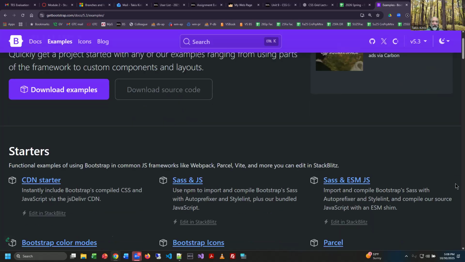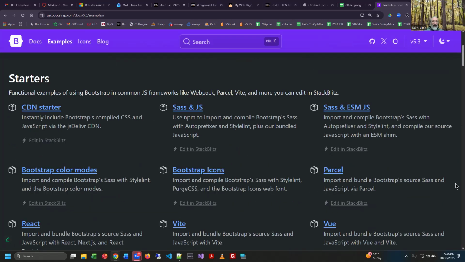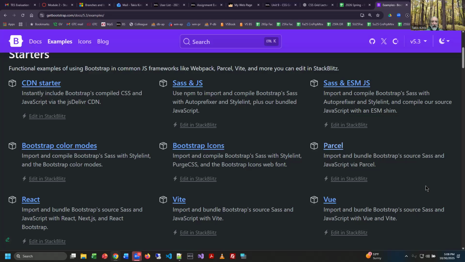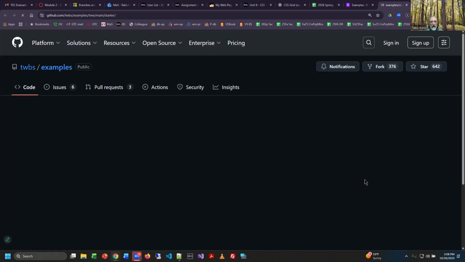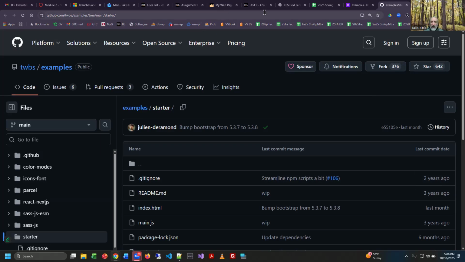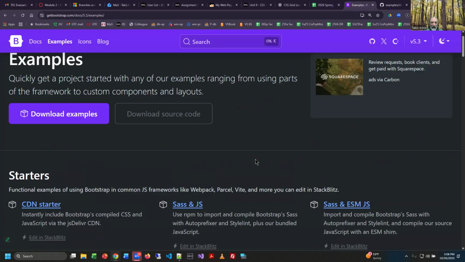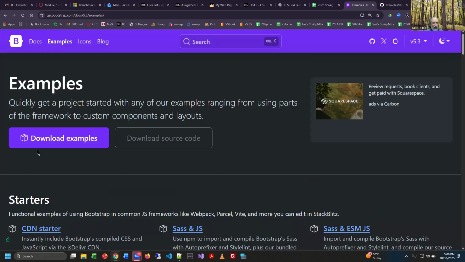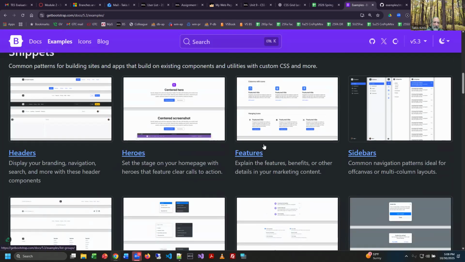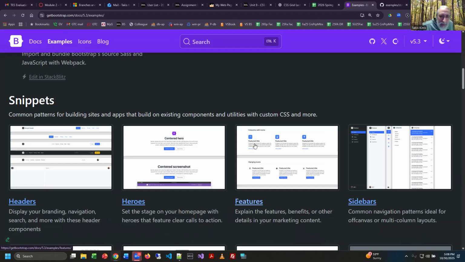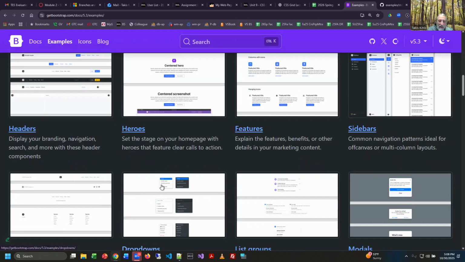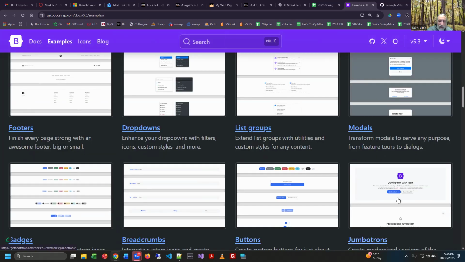They have examples here, so you could go in, and I don't know, I'm just going to pick one here randomly. Okay, so this is not what I expected. I thought they would have a layout that I could look at. Yeah, okay, so here's some examples, right? So little screenshots. And as you look at how the pages look and the typography, how stuff sits on the screen,